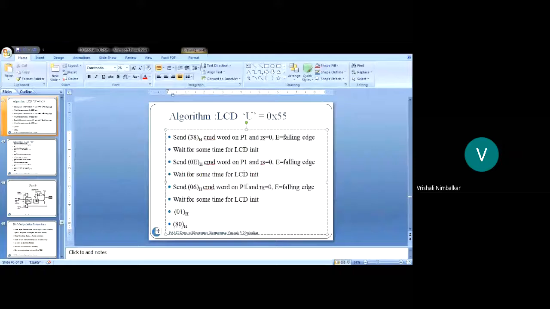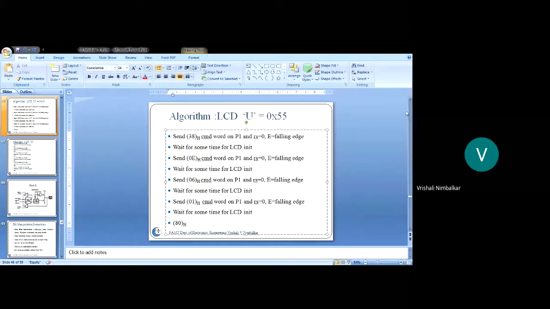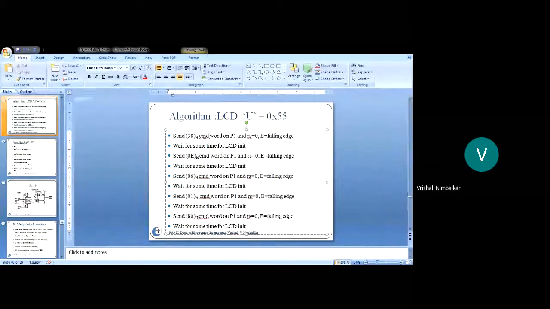Next, send the clear display command word and wait for some time for LCD initialization. And at the last, send 80 hex command word and wait for some time.